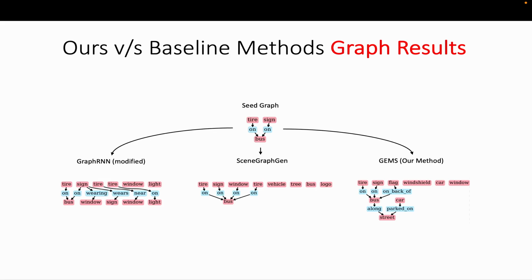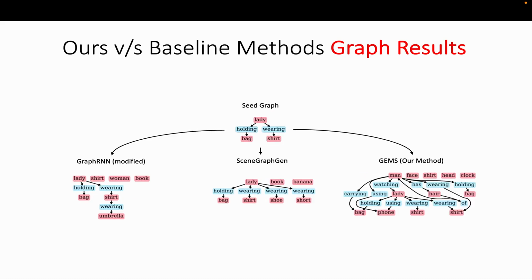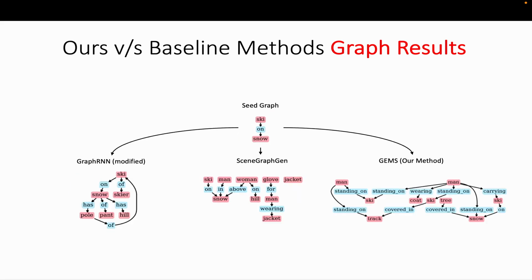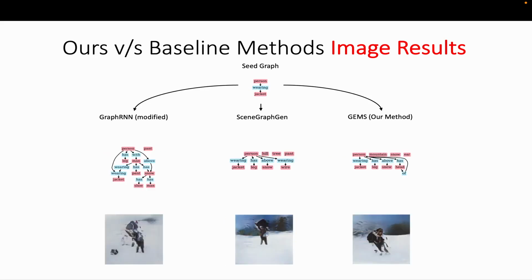We see a comparison of expanded scene graphs between our method and baseline methods. We see that our method is able to produce more semantically meaningful relationships between predicted objects compared to GraphRNN. Our method produces denser relationships between objects compared to the baseline methods. Our method also predicts a diverse set of relationships between objects compared to GraphRNN and scene graph gen. We see a comparison of results both for expanded scene graphs and the corresponding generated images between our method and baseline methods. The images are generated using pre-trained sim